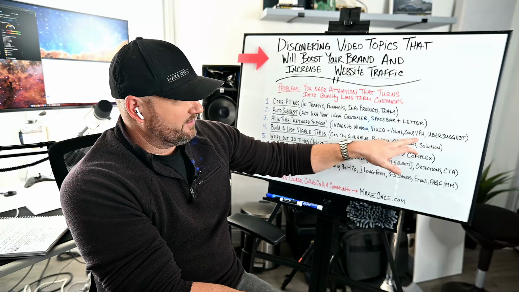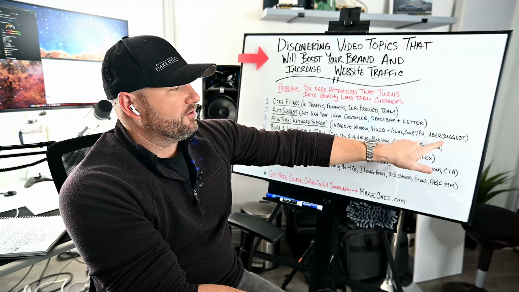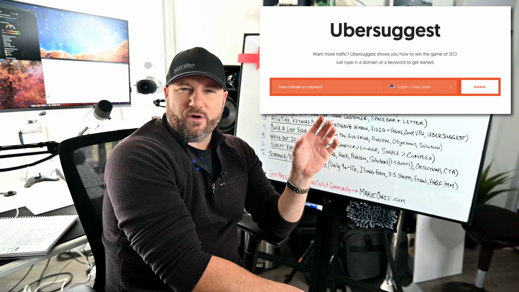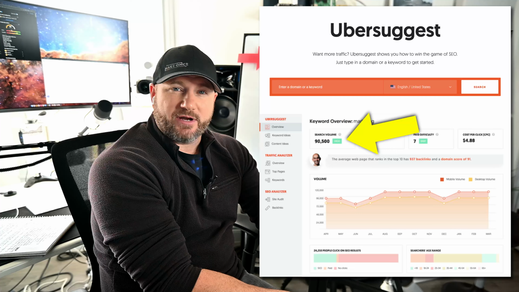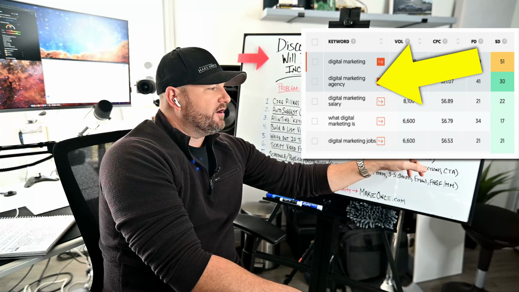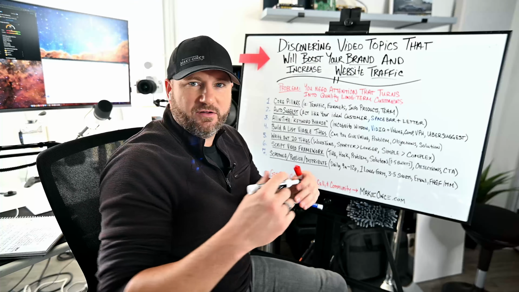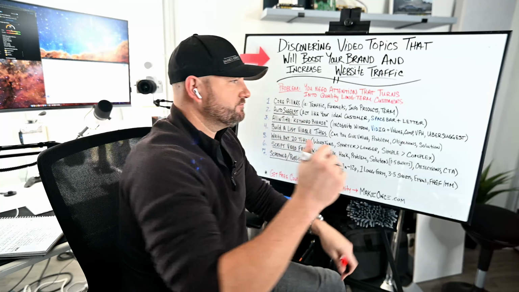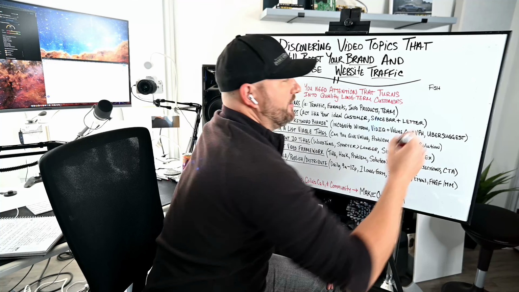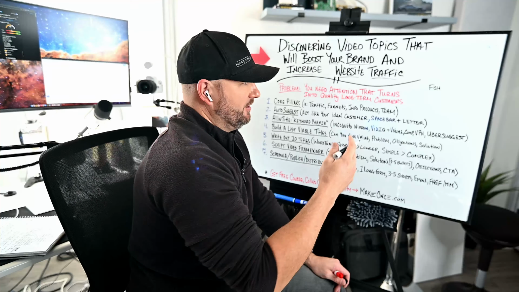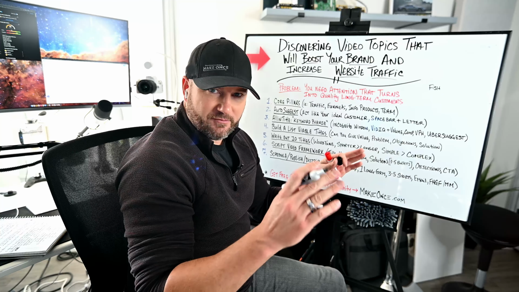Once I identify something that meets the criteria here, and I'll show you on the computer in a minute, I then go to Ubersuggest and I find out what is the search volume on Ubersuggest. But also over at Ubersuggest, I find other keyword phrases that are related to this one. Think of your YouTube channel as like you're building a pyramid. Let's say that you wanted to rank for fish. Well, to rank for fish, that would be really hard because that's one word and who knows all the words that are connected to it.